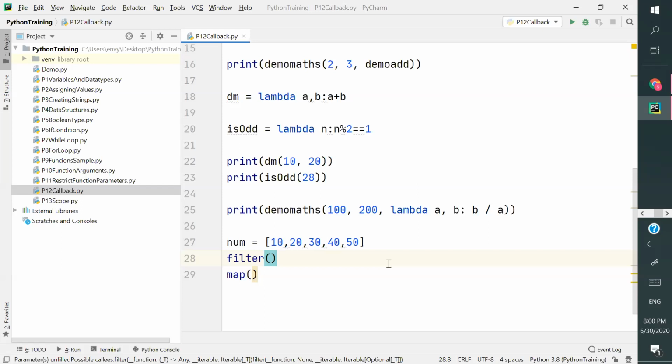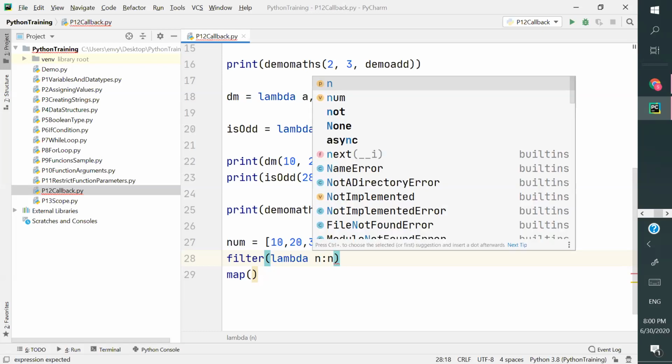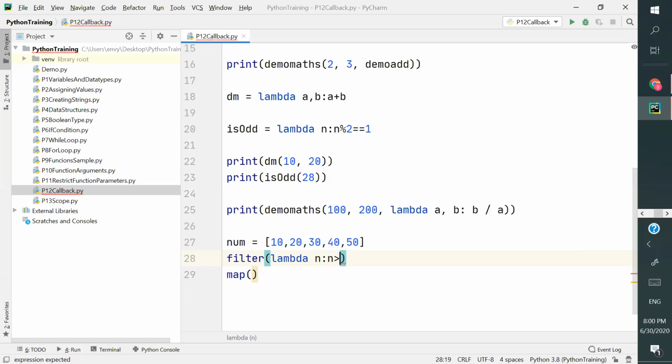Instead of that, you can create a function which does that activity. In filter, the first parameter is going to be a function. My function is going to be a lambda function: lambda n colon, n greater than 30.